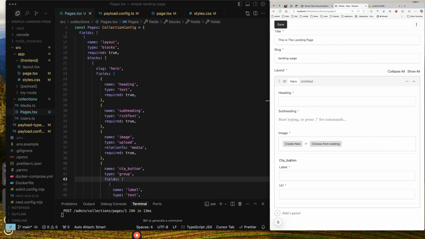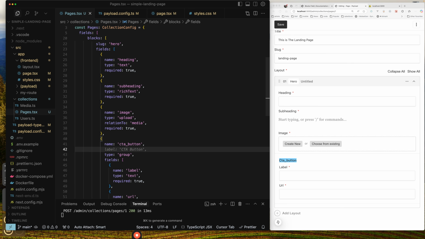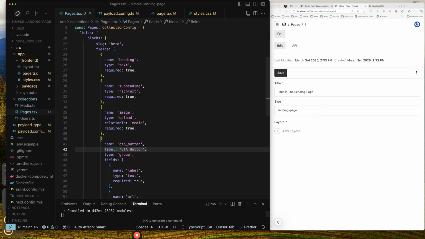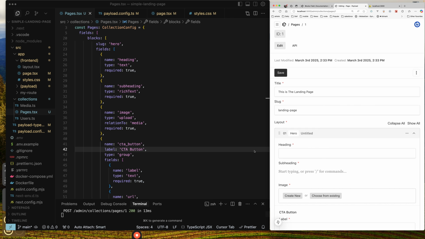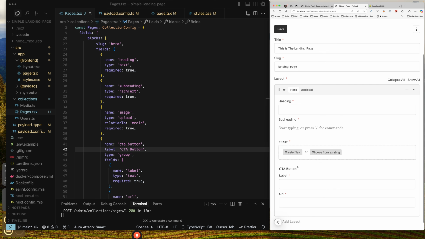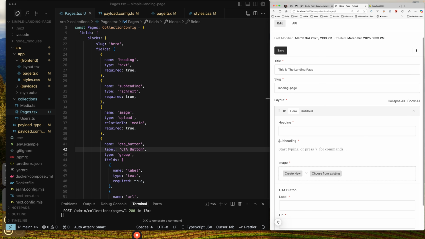So let's clean up some of this stuff. Let's see if we can fix this CTA button. So let's label, make it look a little bit cleaner. That's call to action button and link. All right, so this is my block that I've just created, and I'm going to say,